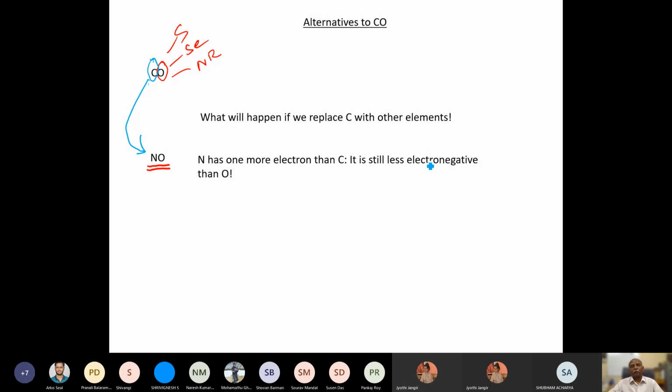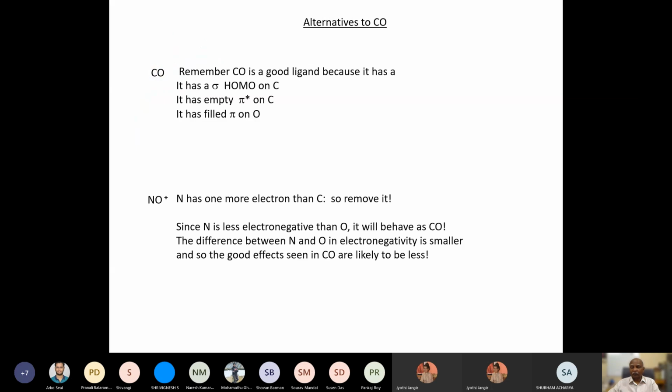If I have an approximately similar molecular orbital description for NO, just like CO, it would be very similar. So I would approximate it, and I would say that there is one electron sitting in the pi star orbital. We have already discussed this a little bit when I talked about electron counting. So let's now refresh our memory. It has an empty pi star orbital if it is CO, but it has one electron on the pi star orbital, and so one can remove that pi star orbital electron easily. So NO can become NO plus rather easily.